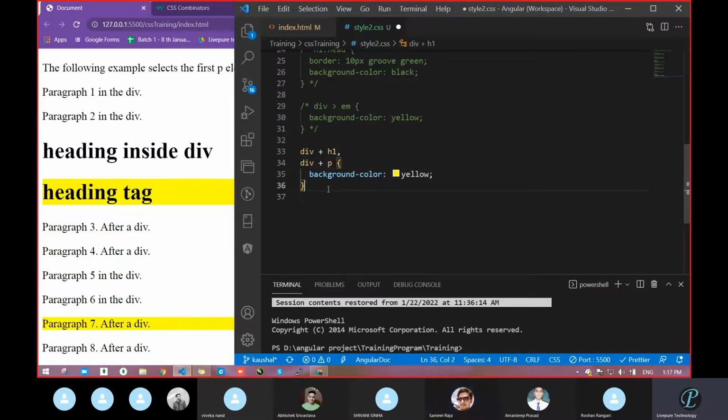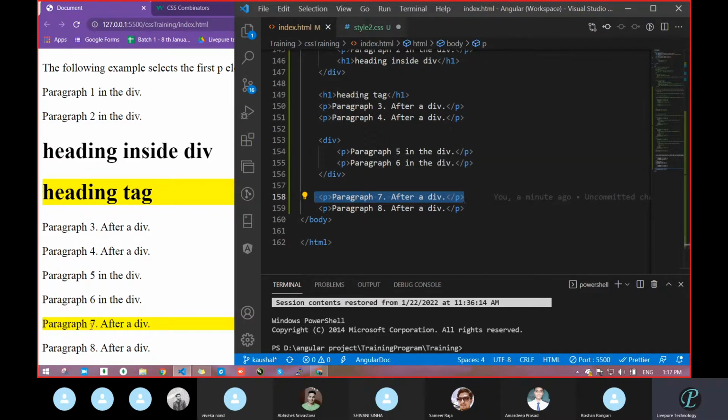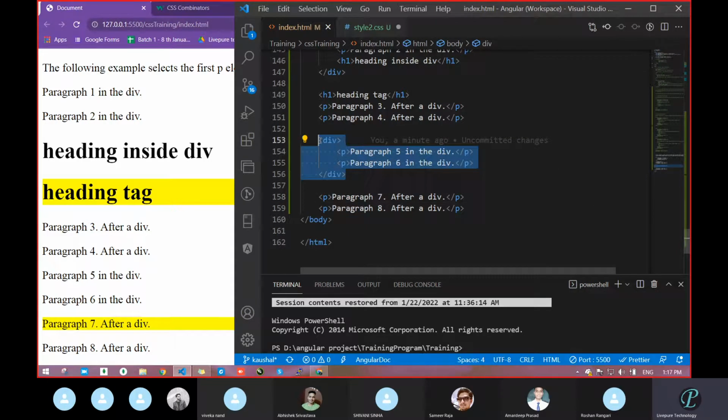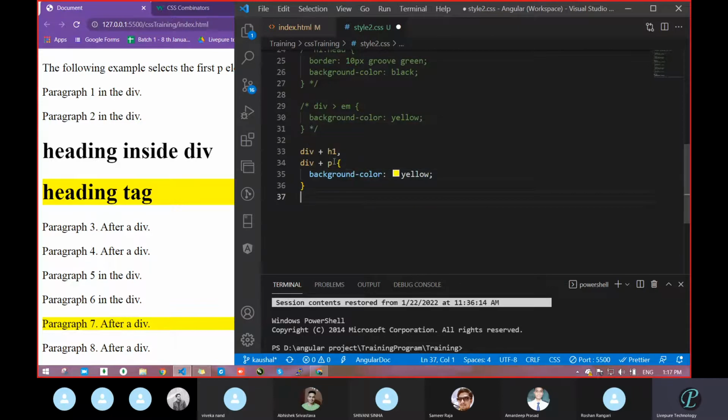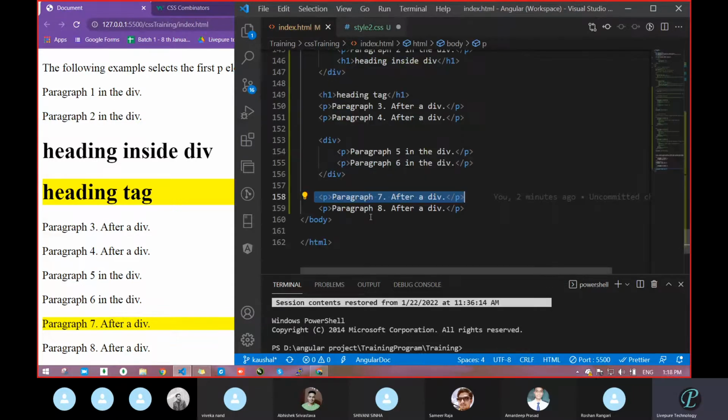We can pass a grouping. Different things we had applied. And one more thing: what had it done? Which tag had it ignored? It had applied on paragraph number 7. Now see this div section. It removed this complete div, and due to plus, it took the immediate first one after plus. After plus, which is the first one? Paragraph. It took that one. Any doubt? Tell me. No doubt for me. Others, please. No, sir, clear.